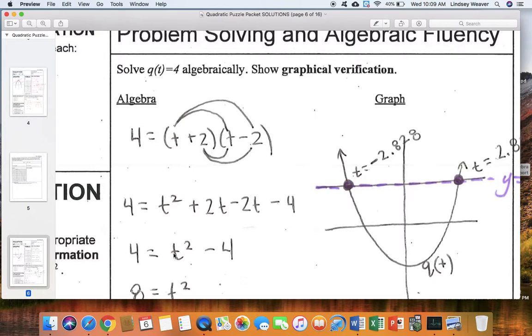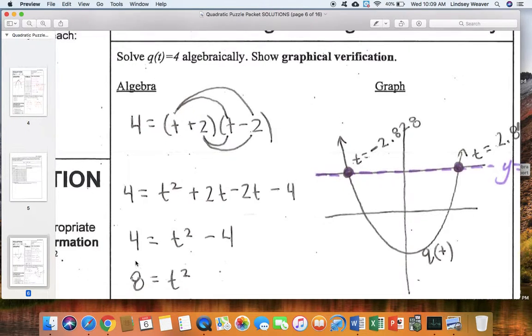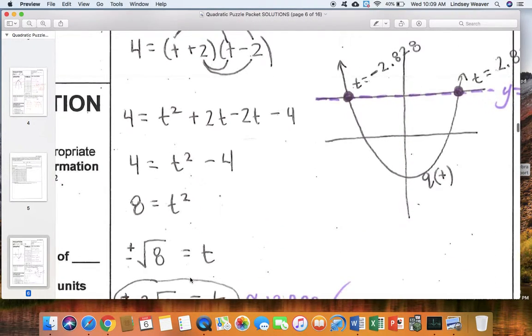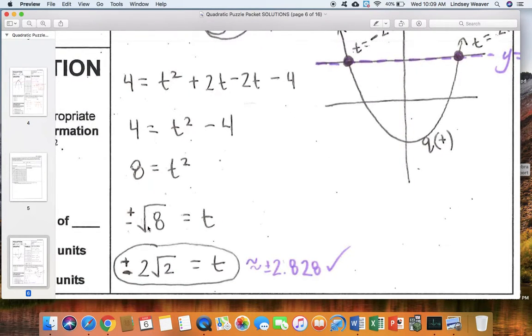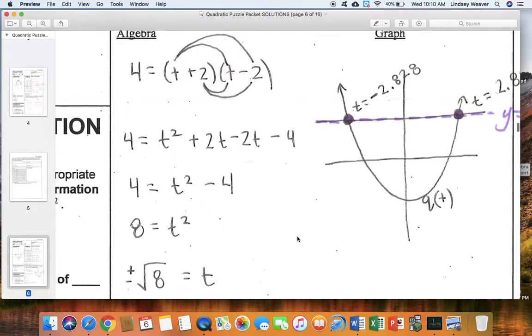Actually, since I only have one variable, I can use PEMDAS backwards. So I'm going to add 4 to both sides. So I have 8 equals t squared. And then I'm going to take the square root of 8. Remember, when I take the square root, I have both positive and negative values. Using what we know from November of this year, you could break up the square root of 8 into the square root of 4 and the square root of 2. The square root of 4 is 2, and then you're left with the square root of 2, which is equal to what we would get on